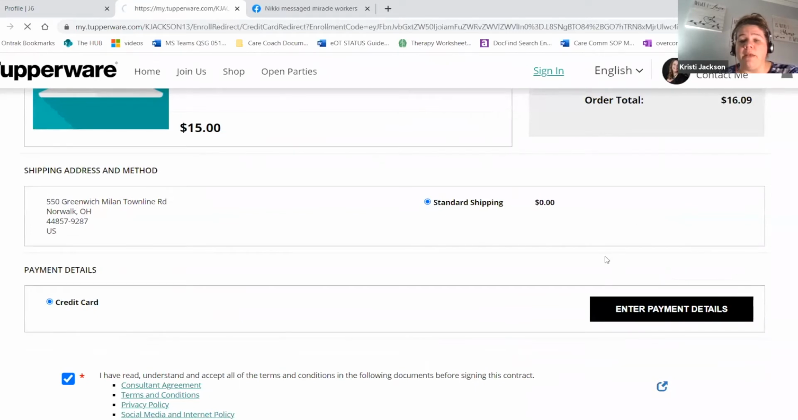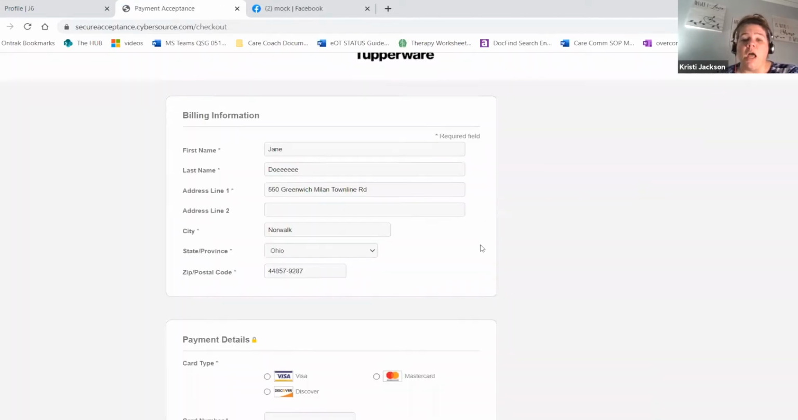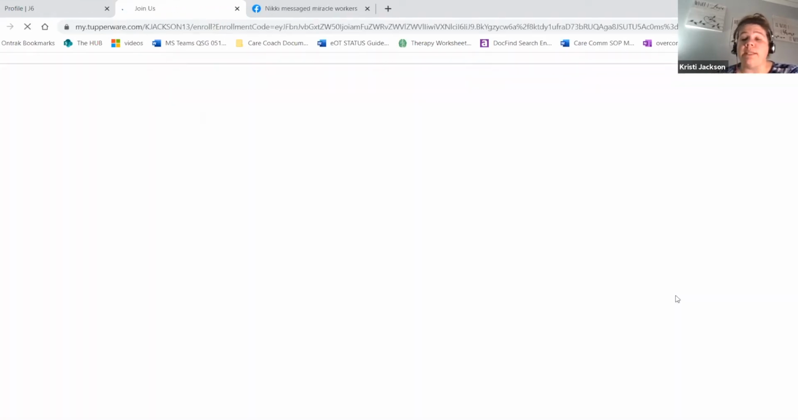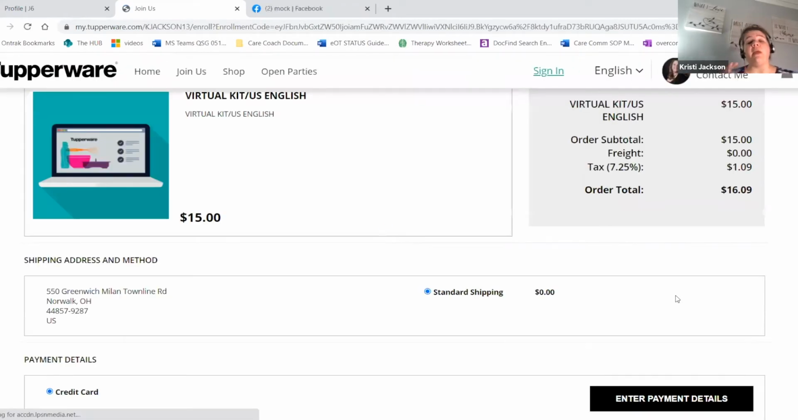You enter your payment information here. All right. And then that's it. It's really that easy. All you do is hit next to complete enrollment. The next step that comes up is a screen that will say, continue to your website,